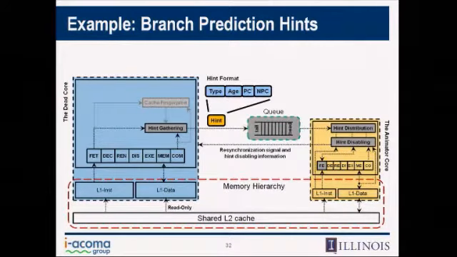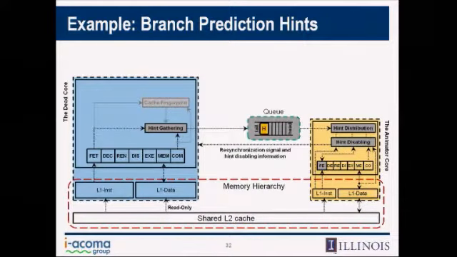Otherwise, it's going to get the PC and next PC and add two more fields to it. One is the type of the hint and the other one is the age tag. The age tag is a field that we use to let the animator core know when is the right time to use that particular type of hint. And we inject this hint inside the queue. It gradually goes through the queue and gets to the head of the queue.